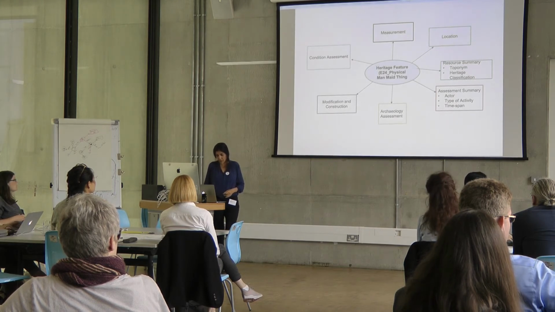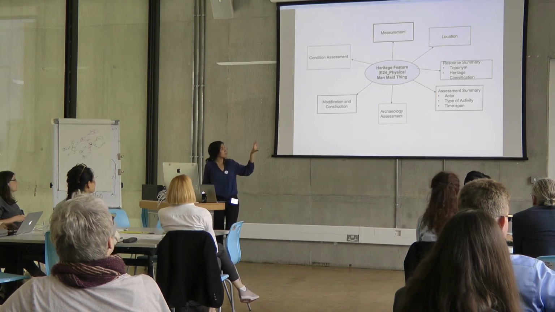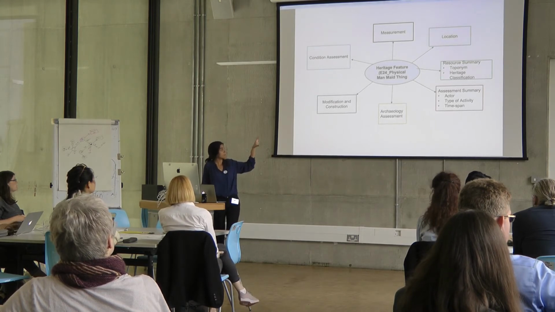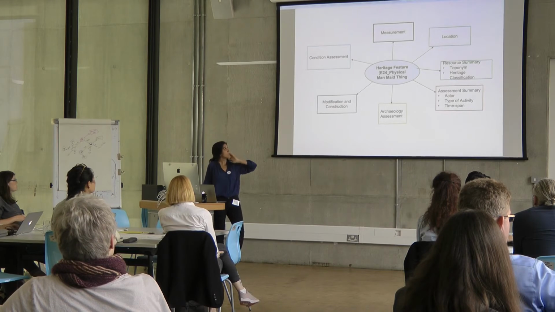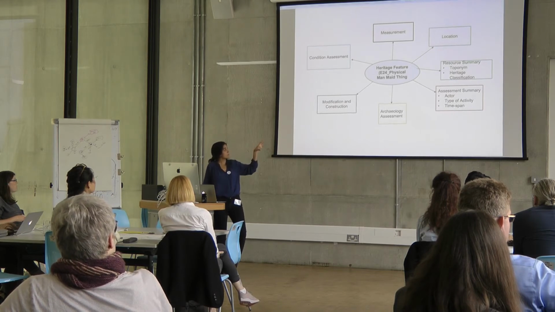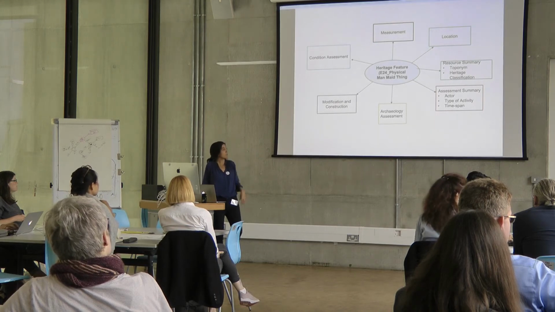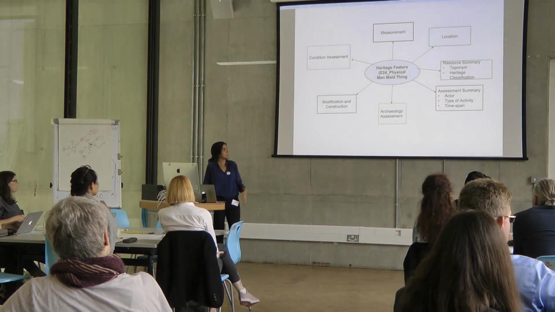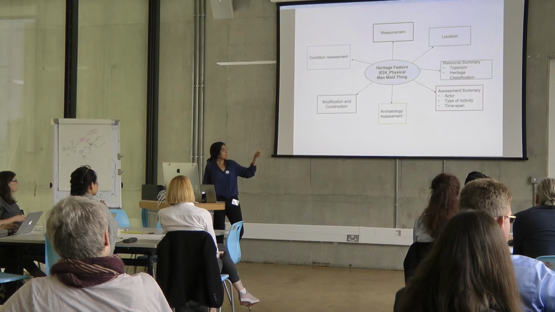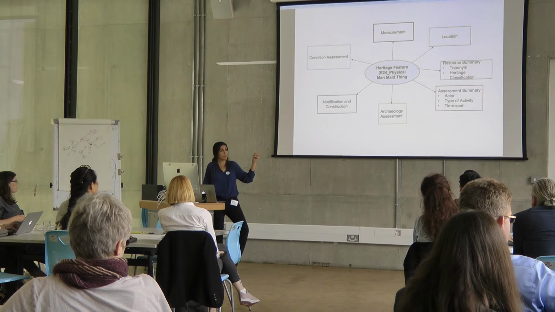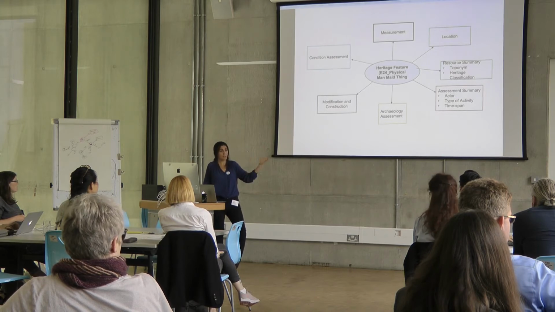So for each of the resource graphs that we have in the database, there is information about location coming from CRM core, but also the geo extension, and general information about the resource summary, the name, heritage classification, assessment summary. That's where we say what is the actual activity that we're doing, if we're adding information about archaeology, whether